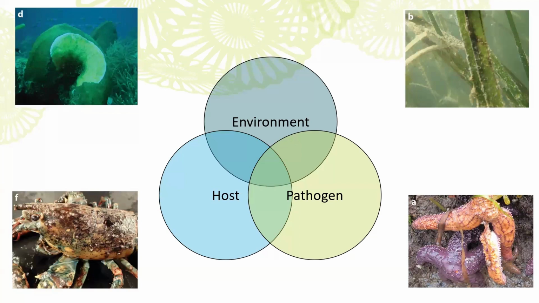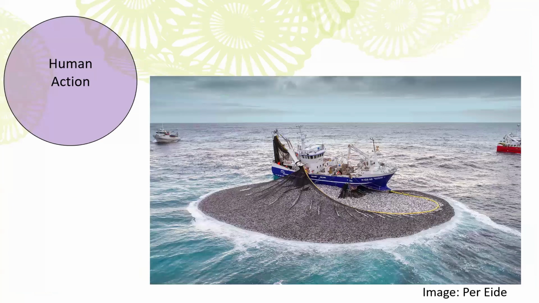One other factor I'm really interested in is fishing. I think there's lots of different human and anthropogenic actions that can alter disease, but fishing in particular can impact population sizes. It can impact fish behavior, and it can target specific individuals that may or may not have disease, and this can have really important impacts for epidemics. And in some ways, it means that we're already, somewhat indirectly, by the act of fishing, managing a disease, but sort of not